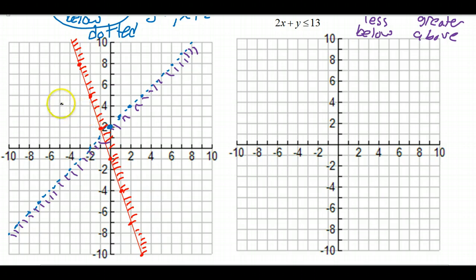Now, look at these areas. I'm going to number them. Area 1, 2, 3, and 4. Show me on your fingers which one of those 4 areas is the solution that I'm going to shade in. Is the final answer going to be zone 1, zone 2, zone 3, or zone 4? 3. Just show me. Okay, the reason why it's going to be zone 3 is because remember the small amount